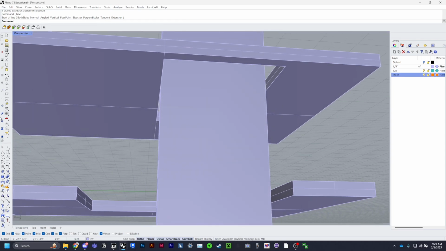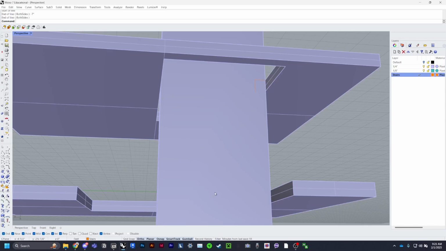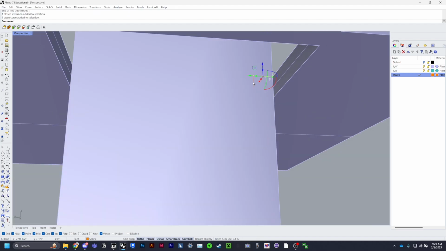Once you have this, you can select the line tool, or select the layer, and start from wherever, it doesn't really matter where. 11 inches, click, do it again, click, select vertical this time, and go down by 7 inches for the 7 inch rise, and then select both of these lines